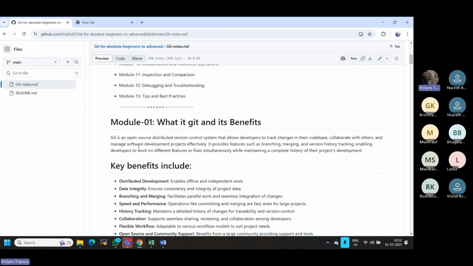It provides features such as branching, merging, and version history tracking, enabling developers to work on different features or fixes simultaneously while maintaining a complete history of the project's development. In a simple case, it seems a little lengthy, but if I had to explain it the simplest way, Git is nothing but,